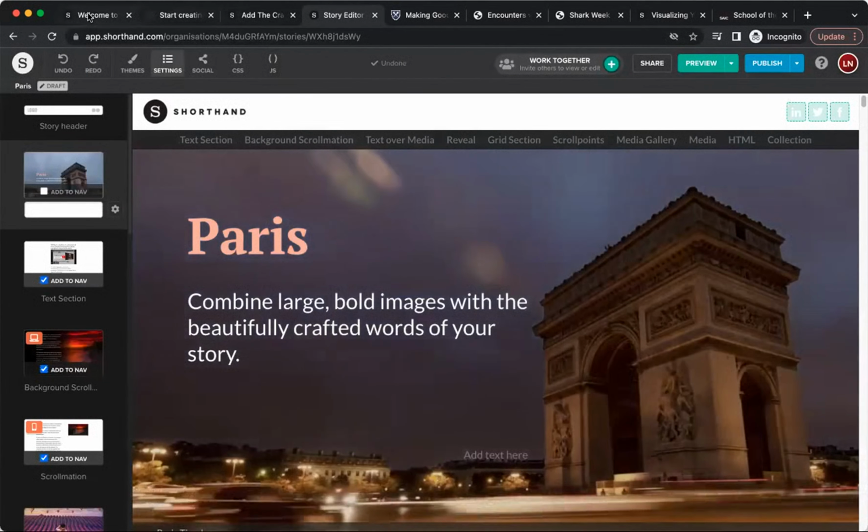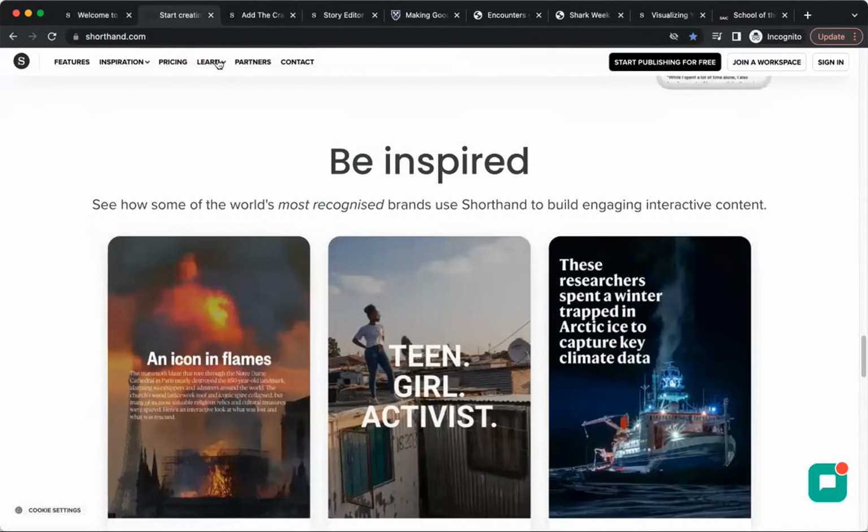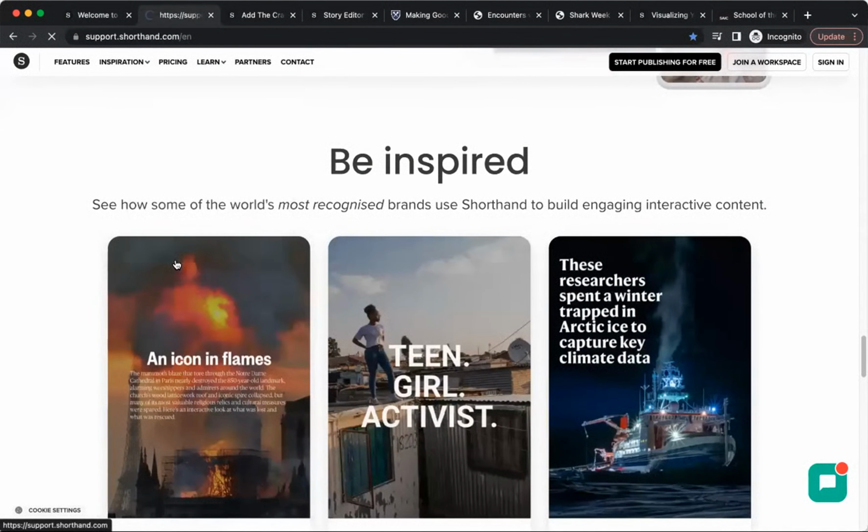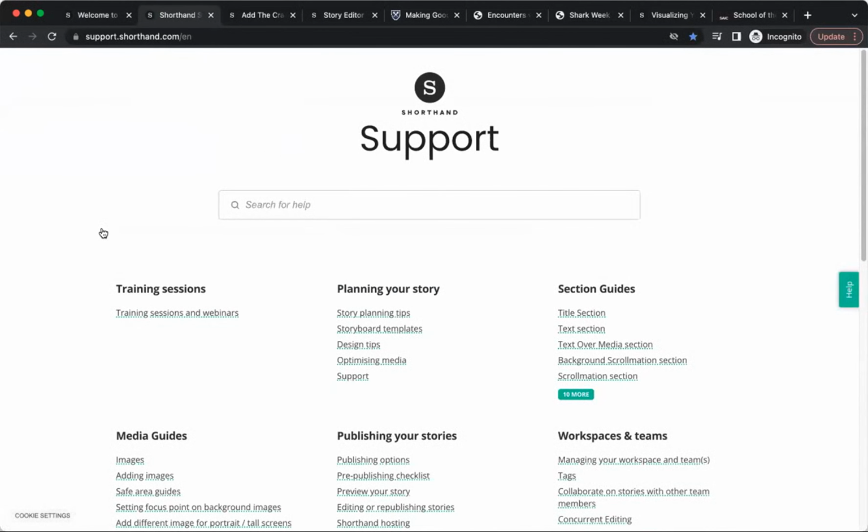Okay, I have a few more resources I want to take you to really quickly. We're going to go back to shorthand.com and we're going to click Learn and we're going to click Help Docs. I noted this a couple different places within the editor, but it's also available here as a website of its own. This is our extensive knowledge base that is truly going to be your greatest asset, both as you're getting the lay of the land and even as a veteran user of the tool,